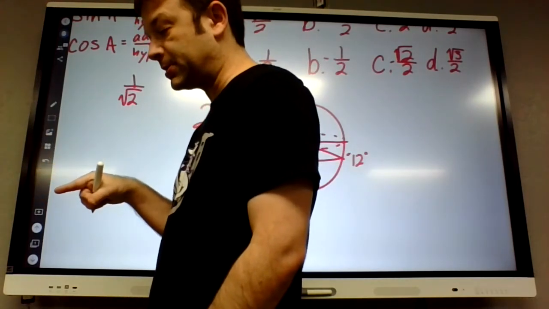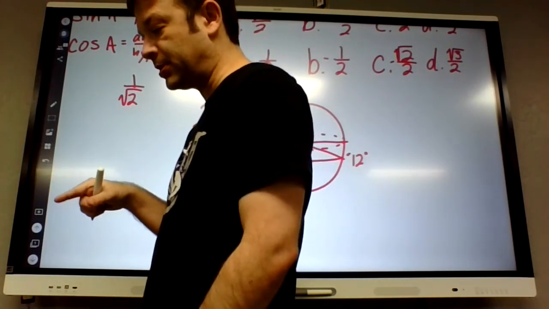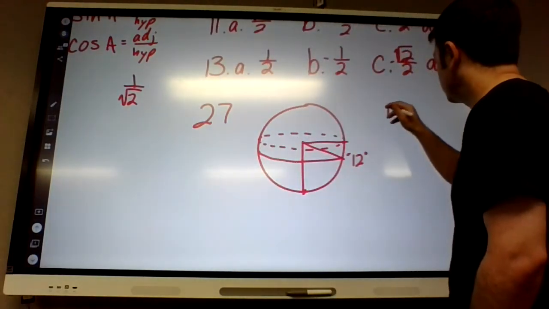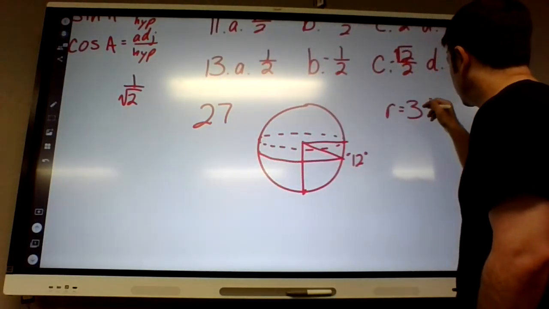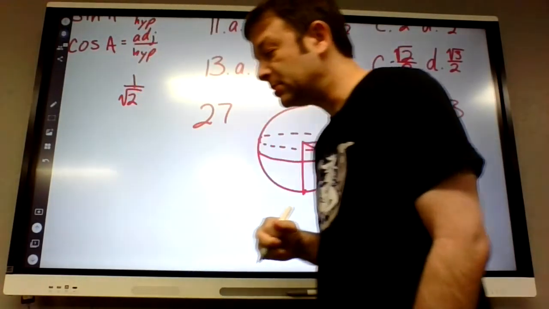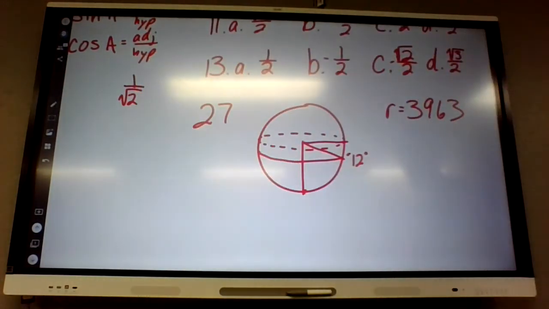In the directions it says, use 3,963 miles for the radius of the Earth. 963, right? Okay, actually I'm kind of confused why they put this one in this assignment, because it seems like it would have gone better with the